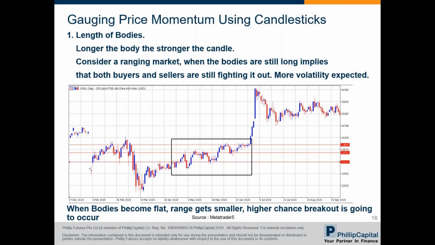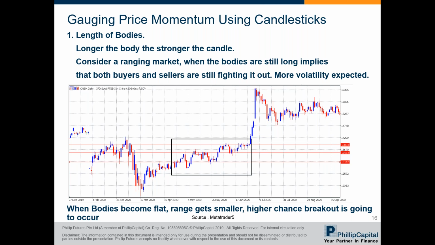Firstly, these are scenarios where the prices are ranging. It always starts off with a lot of volatility, meaning there's buying and selling in both directions of the market. There's a lot of up as well as down price movement and the bodies are still long. You can observe the strength of this volatility, and in general, the longer the body, the stronger the strength of the movement. At the beginning of the range, both sides have a lot of participants and there'll be lots of buying and selling candlesticks on both sides.